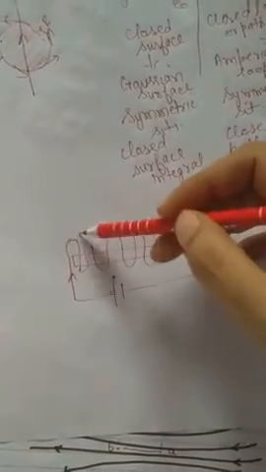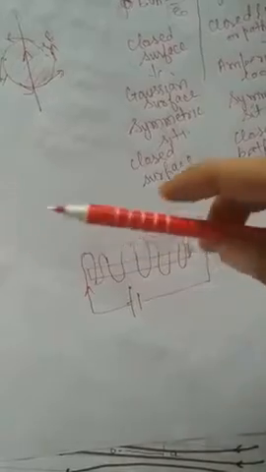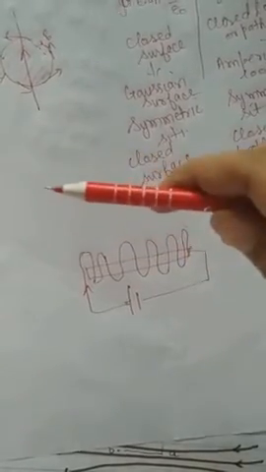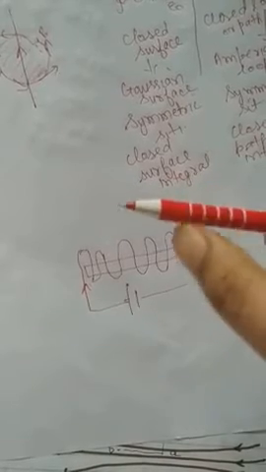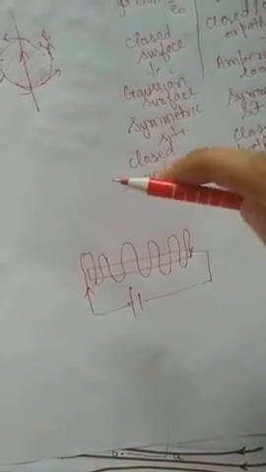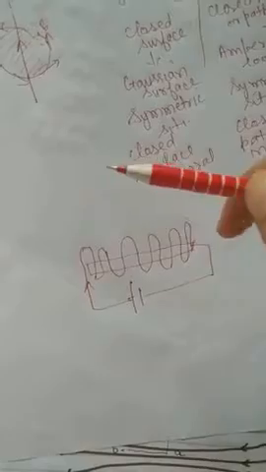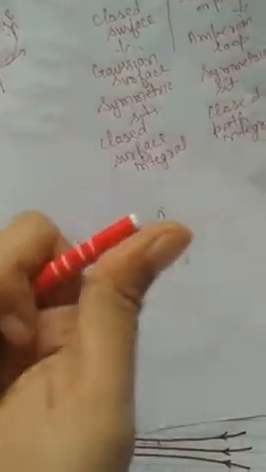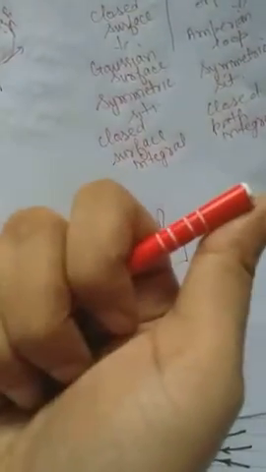On one side the current will enter. If this is the solenoid, then from the front side and from the back side the current direction will be opposite. If it is entering from this side, here it will be inward, and from the back side it will be outward. We represent the direction of the current like that, and in this case the direction of the magnetic field will be in this direction. When we curl our fingers along the current and stretch out the thumb, the thumb gives the direction of the magnetic field in the case of a solenoid.